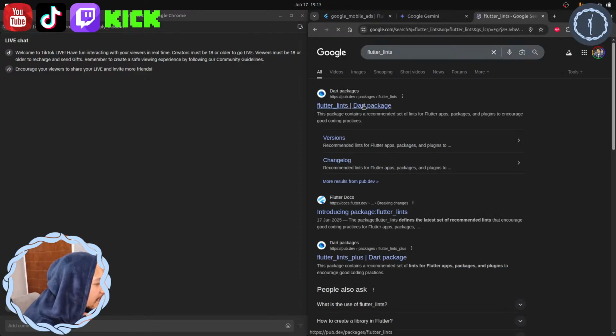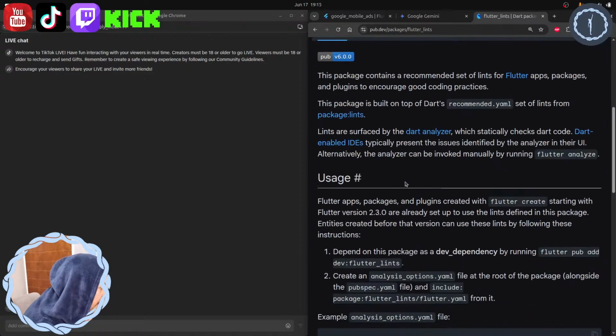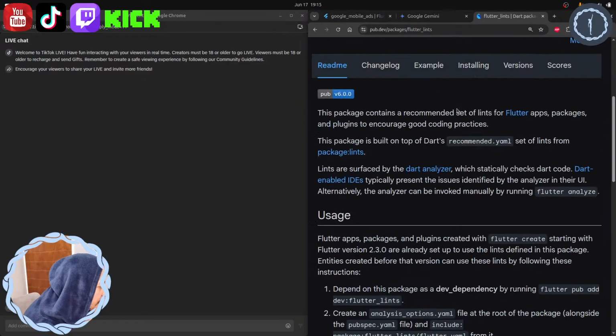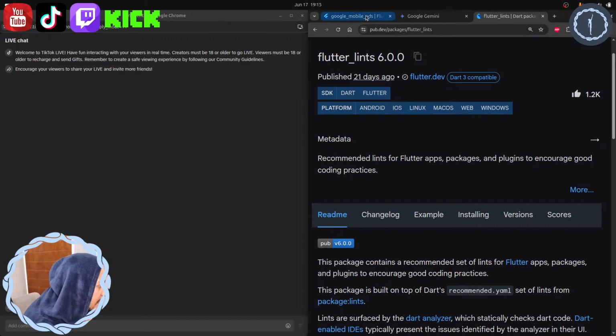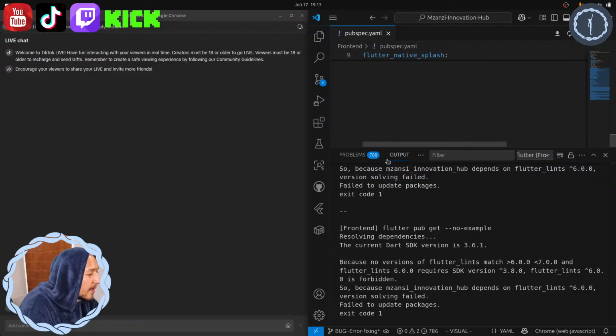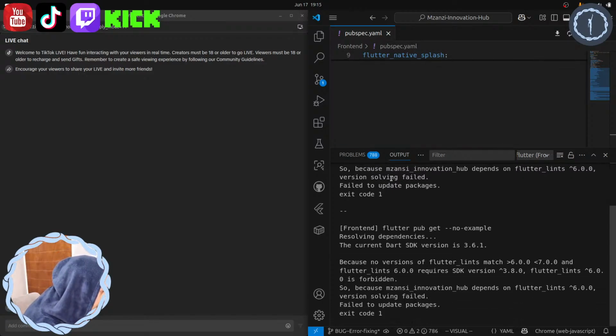Flutter lint, I don't even know what this is all about firstly, but it's also on 6. Dart analyzer, okay. Not sure what this is. We can remove it and see what happens, but I'm not quite sure. Current version is this. Lint requires SDK version